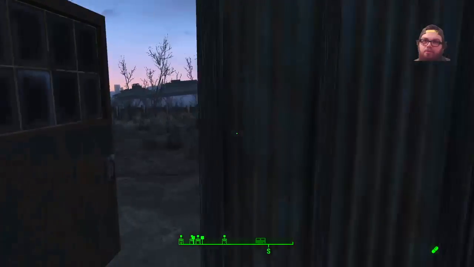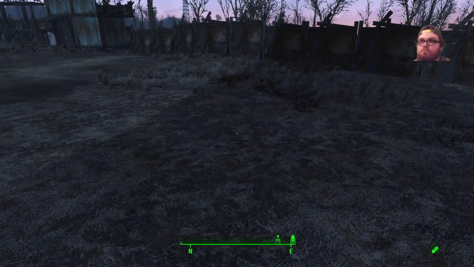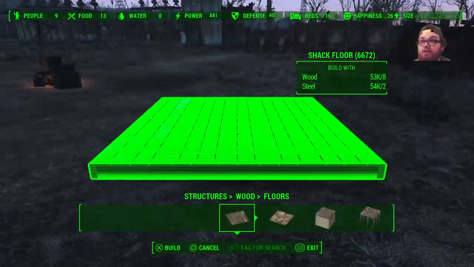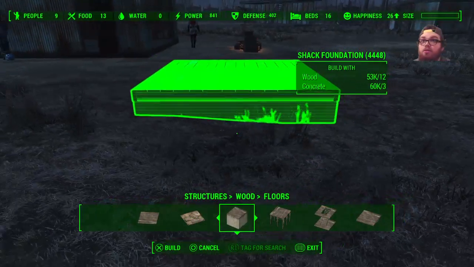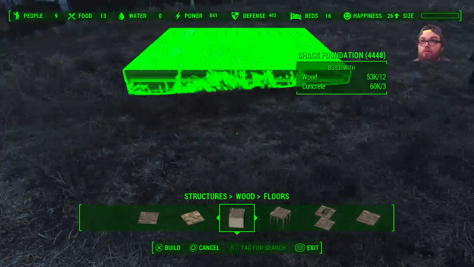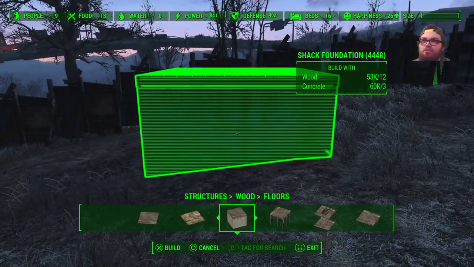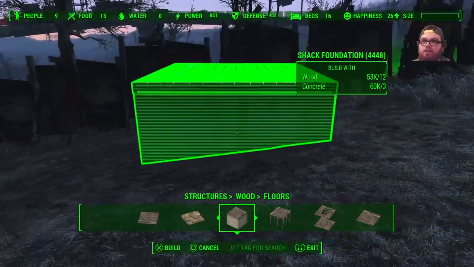I randomly have 2 power armor here. So we're gonna build a really, really big building. Like, it's super big. It's huge. Okay, so I think that if we start out with our floor being raised up,